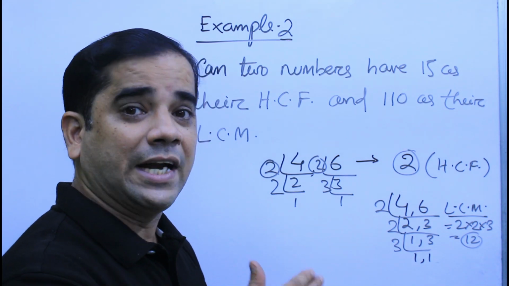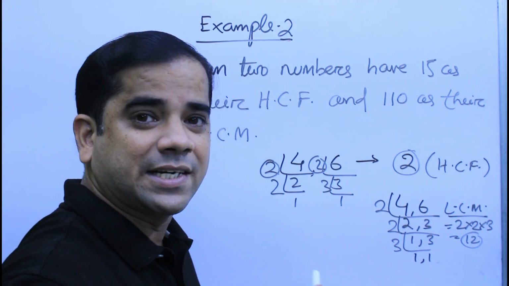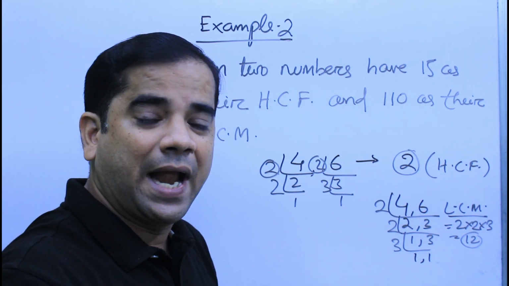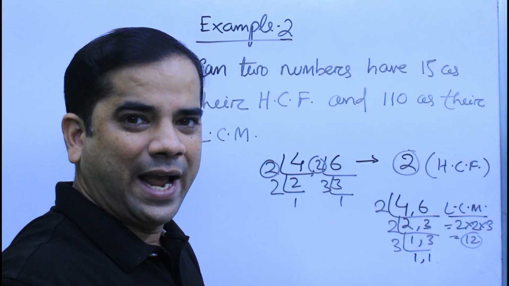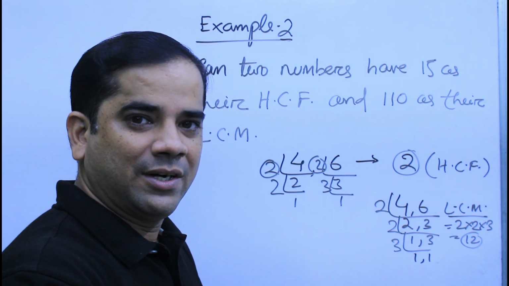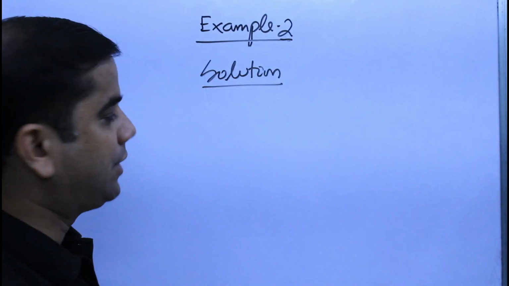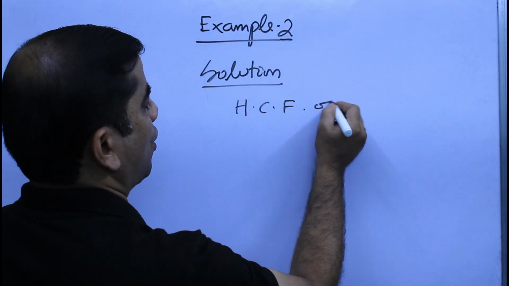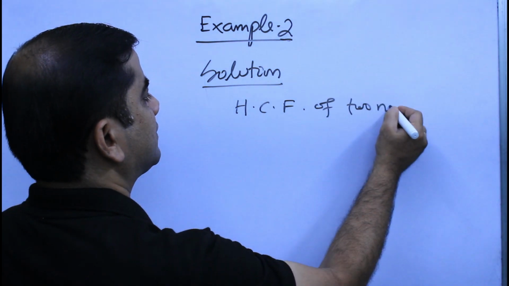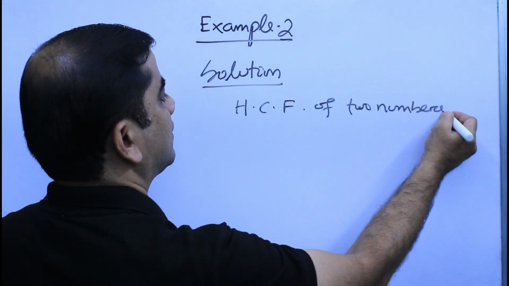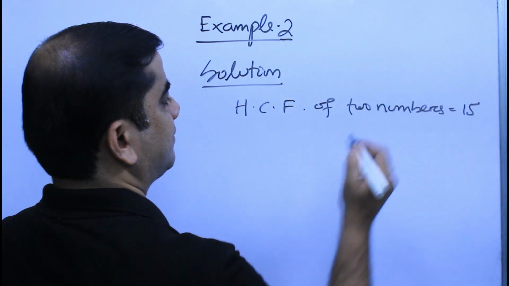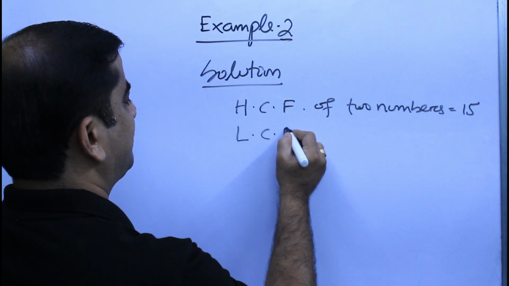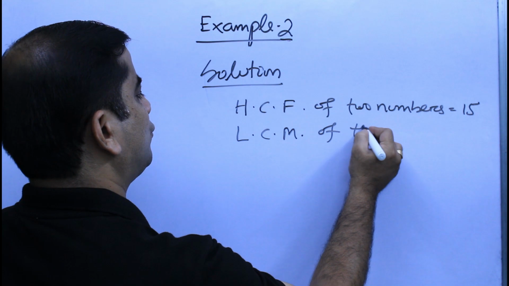But how to write it down? Because we can't write it like this. I have just explained the procedure. So how to write it down? Let us do it. We need to write that HCF of two numbers is equal to 15. LCM of the two numbers